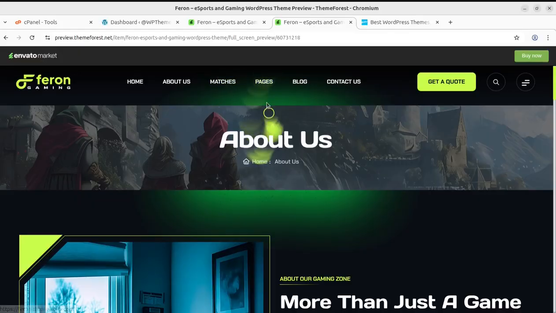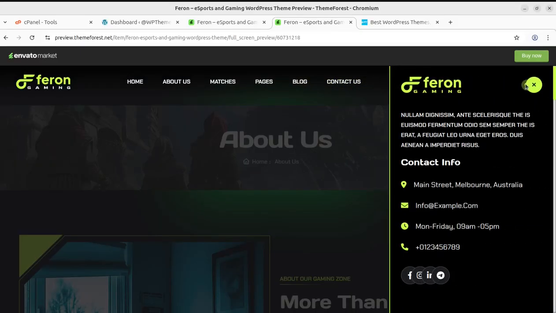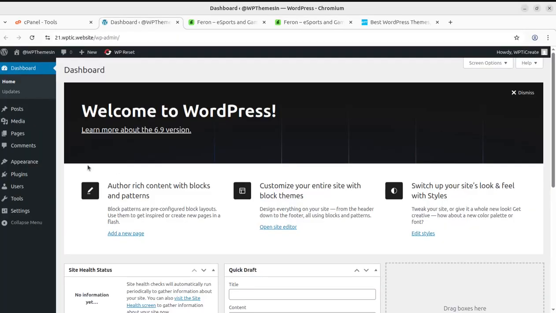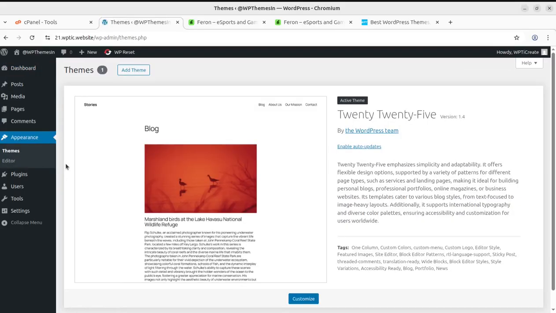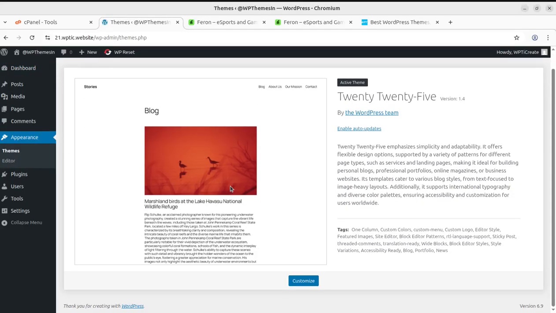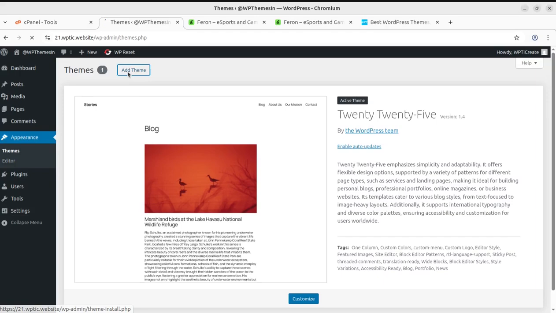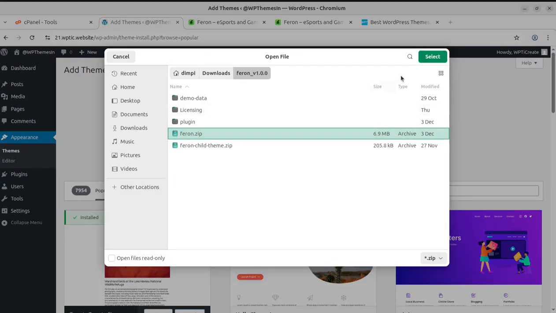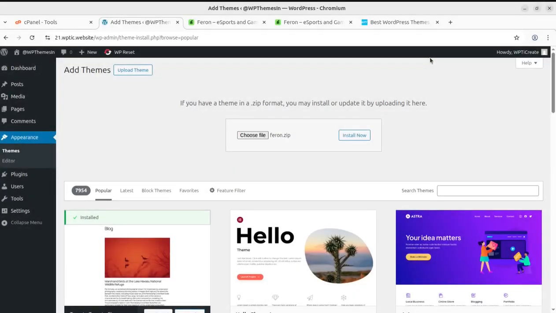So we have pages, so let us check all these things with a live website, and all is good here. So here it is, and I'm going to install the theme first of all under the appearance section of the core installation of WordPress. As of now, the 2025 WordPress theme is here. I'm going to add new theme. Just select the installable theme file, that is feron.zip, and click on install now. It will take a while because the theme file size is really optimized, so you can expect a very quick